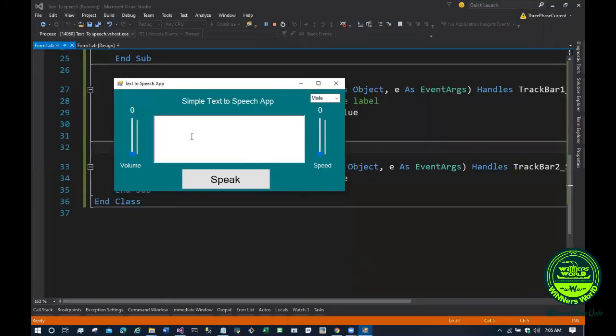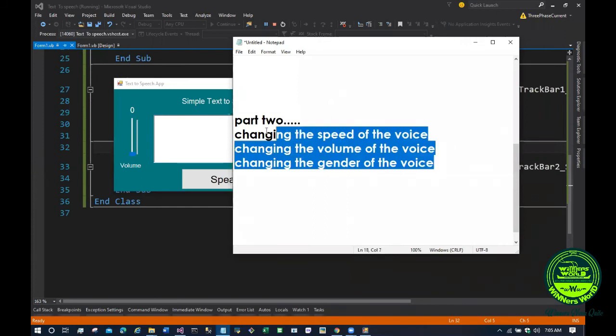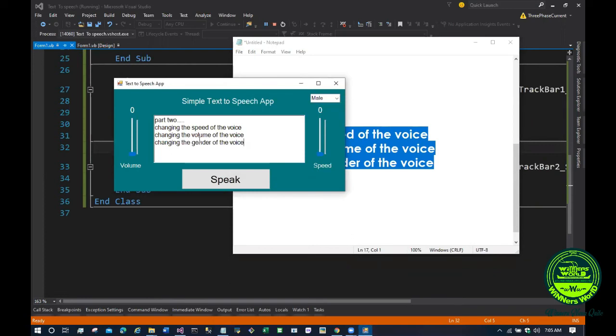Okay, so let's copy some text here and paste it here. And let's give the volume to be, you see, it's automatically changing to 100%. So let's give it to be 50. Let's give a speed. Part 2. Changing the speed of the voice. Changing the volume of the voice. Changing the gender of the voice. Yeah. So let's increase the speed to